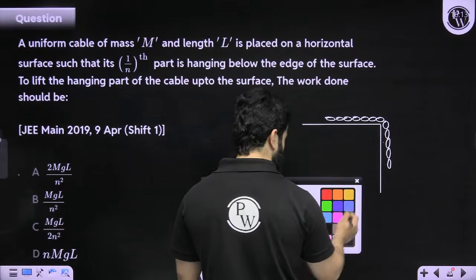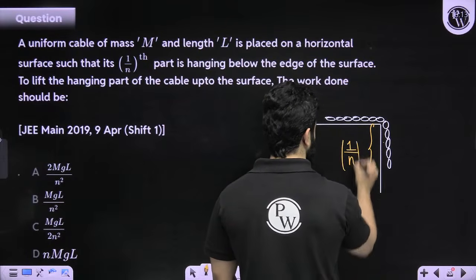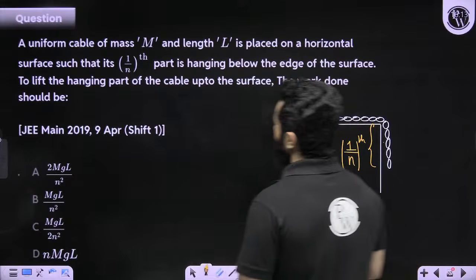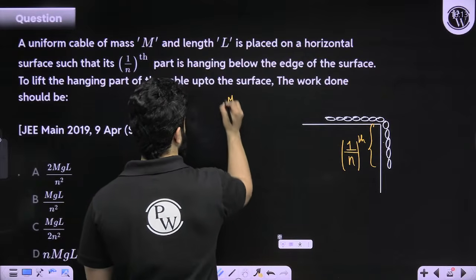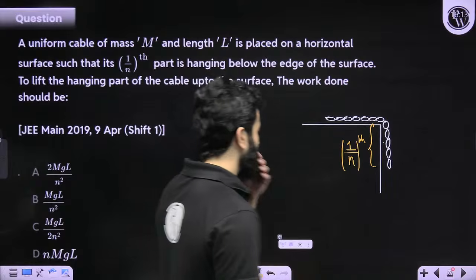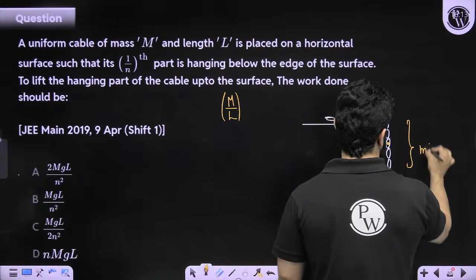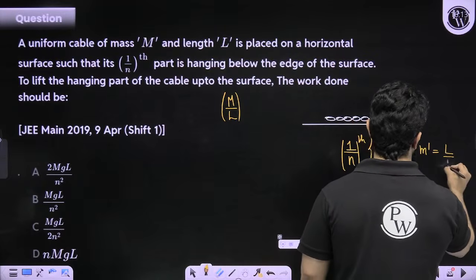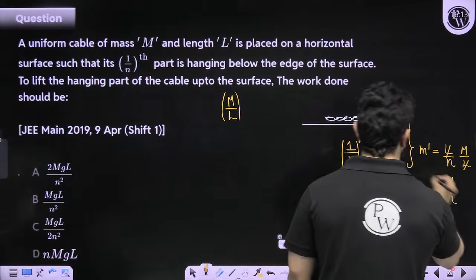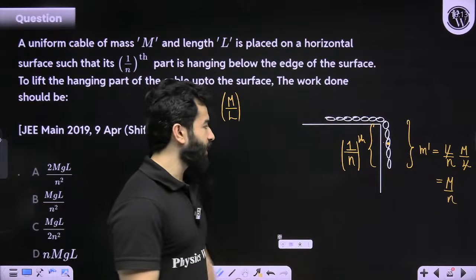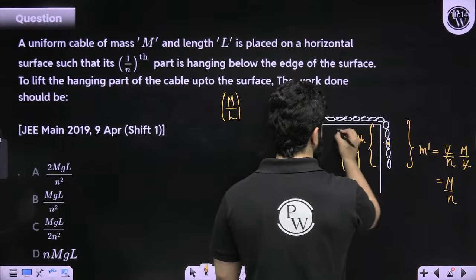Kindly see that its 1/nth part is hanging, right? So mass per unit length is M by L. So this much length, L by n, will have mass L by n times M by L. That means simply M by n. And please understand one more thing. The total length is L, so this hanging length will be